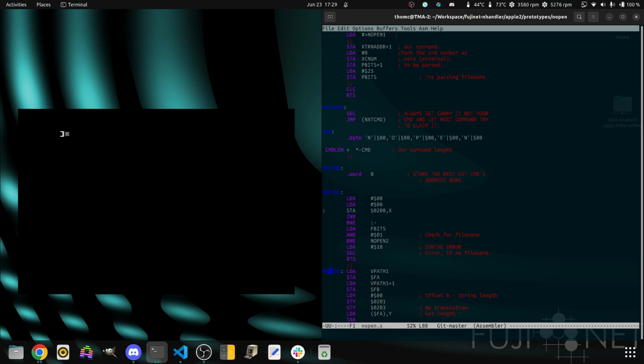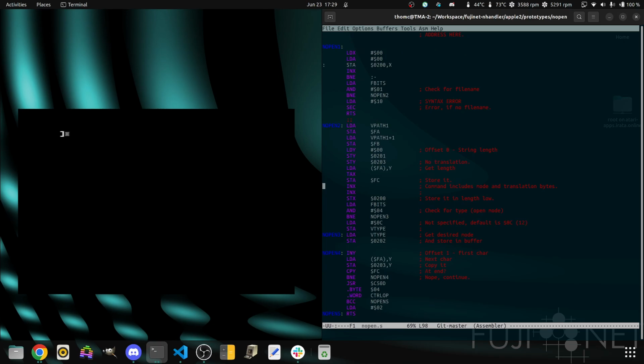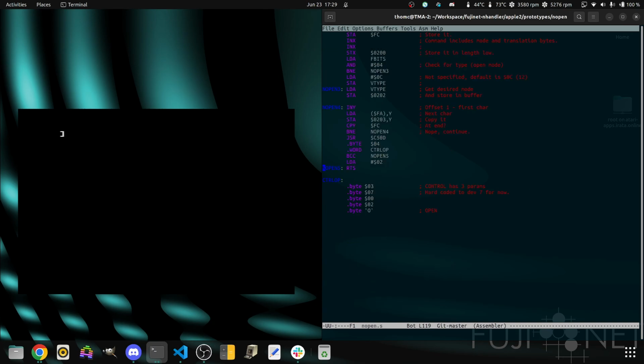So we grab the path, put the buffer in here, and copy it over from vpath, which is the area that BASIC.SYSTEM used, over into our getLine space here. The reason I'm doing that is because I'm constructing the exact sequence of bytes that I'm sending over the character device to open the socket. I'm building everything in place. Copy everything over, and then when that is all said and done,